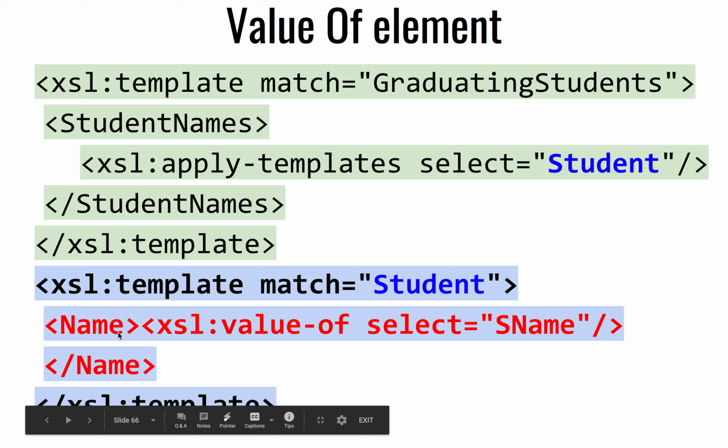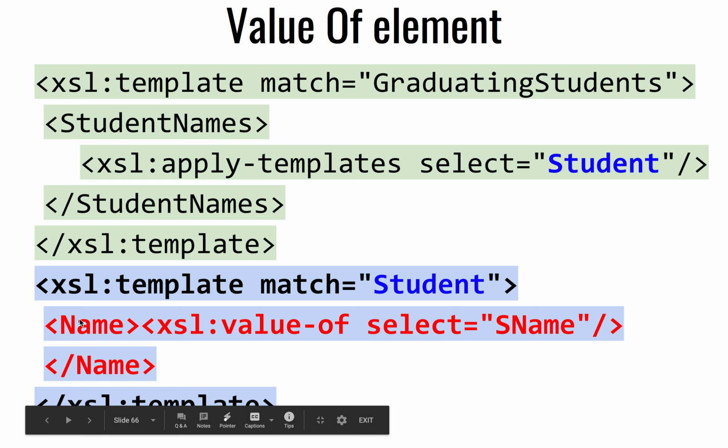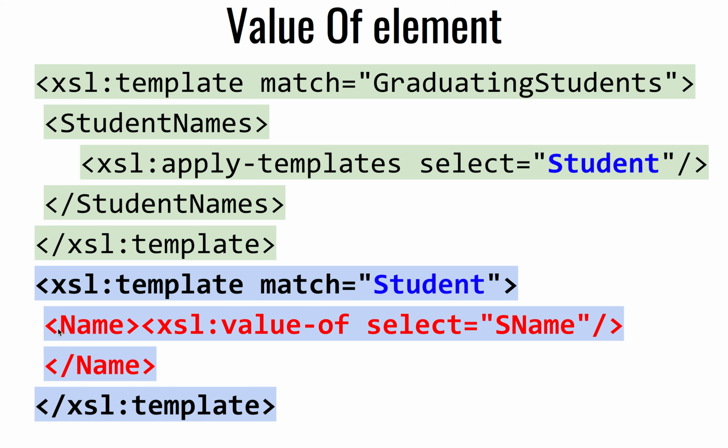For every student, and I may have several dozen students, we're going to have Ian, Ben, Alice, Bob, and so on. For each one of those student elements, I'm going to generate in the output XML document a name element. Notice that this name element does not have XSL prepended in front of it, meaning this is raw XML that's going to be written. And now the body of that brand new name element, the value embedded inside of that name element, we're going to